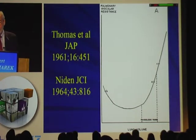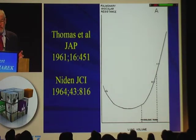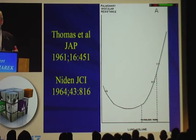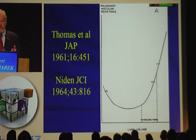Additionally, and sometimes we forget this, when we look at the impact of lung volume on the development of pulmonary vascular resistance, there's a U-shaped relationship. In other words, too little lung volume will result in an increase in pulmonary vascular resistance. Excessive lung volume will impact pulmonary vascular resistance negatively, and there's a sweet spot in the middle, normal lung volume, where you have the best likelihood of minimizing pulmonary vascular resistance. So the goal with setting PEEP would be to hit that sweet spot, the level where you've returned distribution of lung volume and lung volume itself as close as possible to what you'd expect it to be in a normal